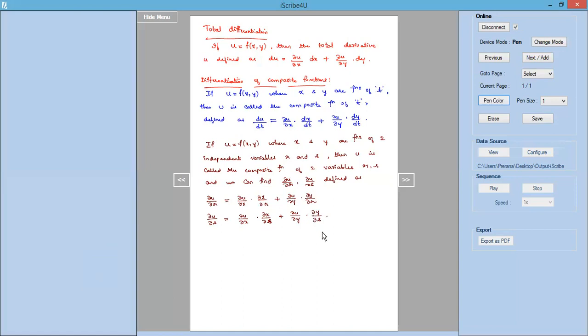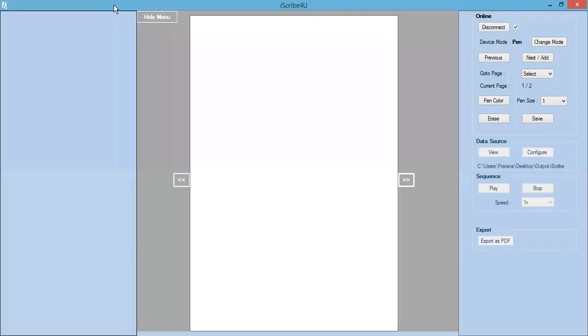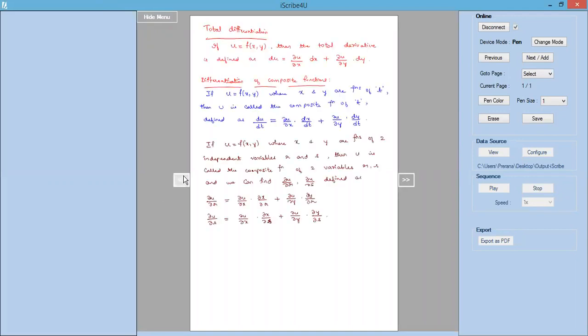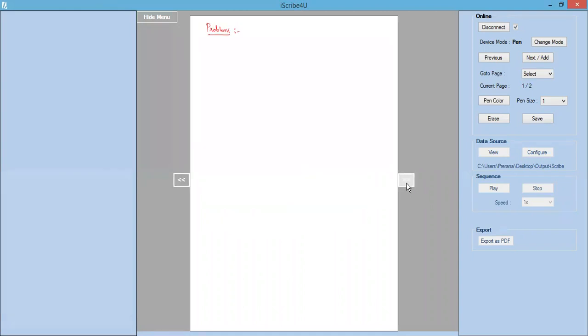So this is how we define the differentiation of composite function with respect to single variable t as well as with respect to two variables r and s. The same thing can be defined with respect to another variable if required. Now we will see problems. So we will do problems on the total derivative concept and the composite functions, using the above formulas that we discussed.